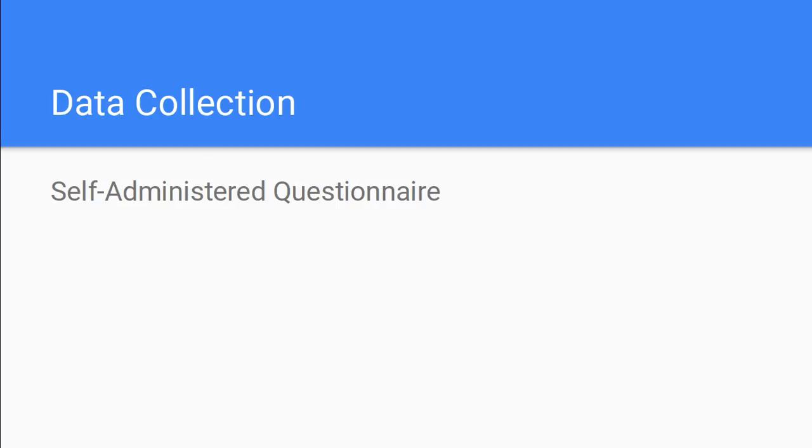The data collection method would be a self-administered questionnaire. This questionnaire wouldn't collect any personal data such as address, name, social security number, anything that can identify the person, but it will look at things such as socioeconomic status variables, as well as what kind of schooling your child is attending, how often your child attends school, and also attitudes towards school using a Likert scale. That way we'd be able to see how they value school, and if they think school can adequately prepare their students for the future.